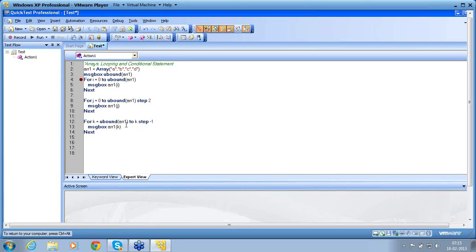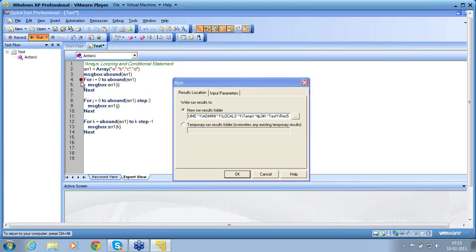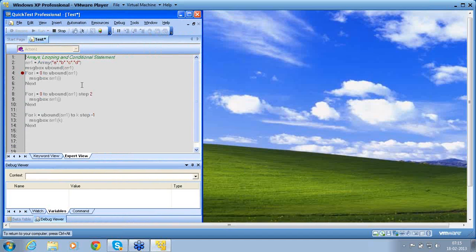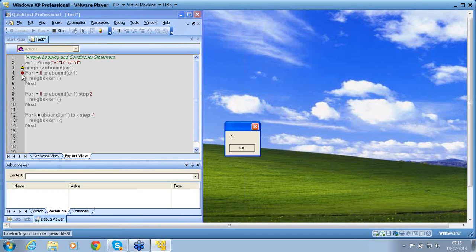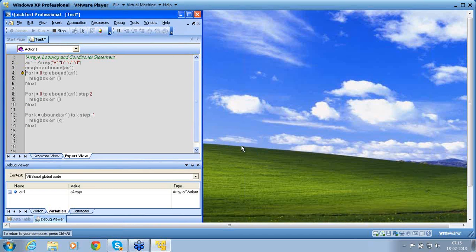Next, I'll just execute this for your understanding. I'm executing now. I'll remove the breakpoint. Click on that breakpoint again, and it will get removed. It will wait on the breakpoint. I say OK. I click on the breakpoint so that it removes the breakpoint, because it's waiting for user interaction. Now it is removed. I want to execute continuously, so I just click on run. If I don't want it to wait, I just click on run.